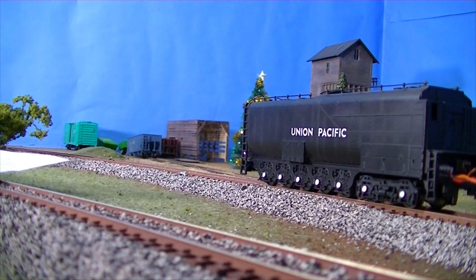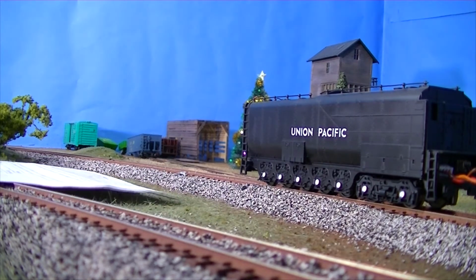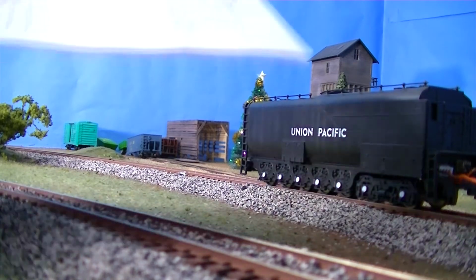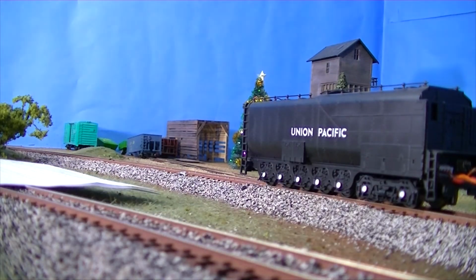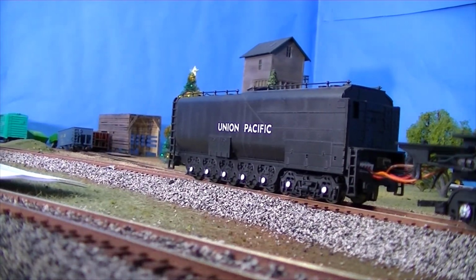Now you say, well, go in there and raise the volume. I have. I've raised the global volume, the master volume. There's two things in this manual. And I've also gone in and specifically raised the volume for the chuffing, and that's as loud as I can get it. It could be the speaker, but a lot of the other sounds are pretty loud, especially this random steam release. That thing, I can hear it clear across the house. It's a nitpick of mine. It's not a big deal, but